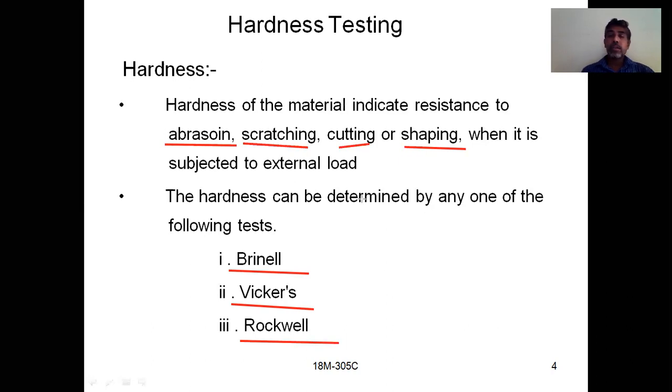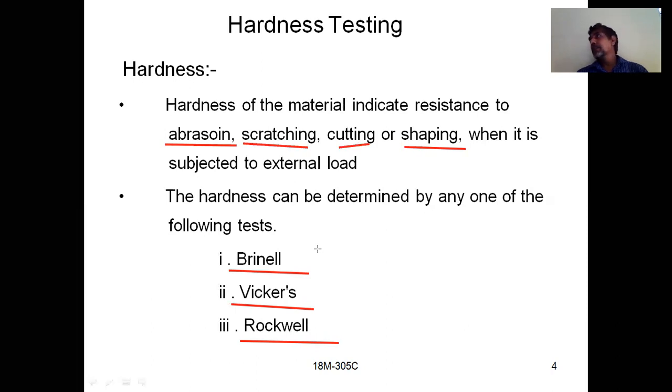So here we have defined what is meant by hardness, and later we discussed what procedures we have to find the hardness of different materials. What is hardness?